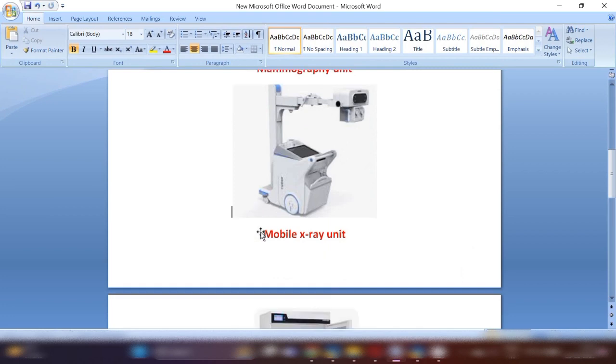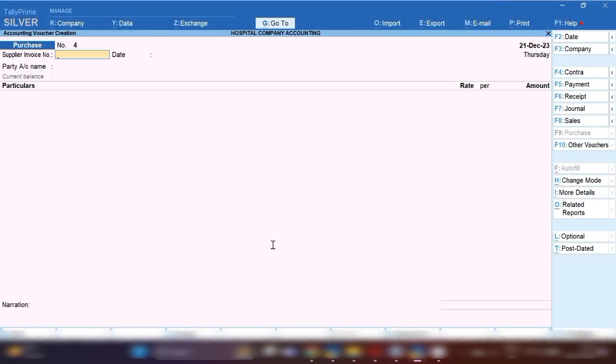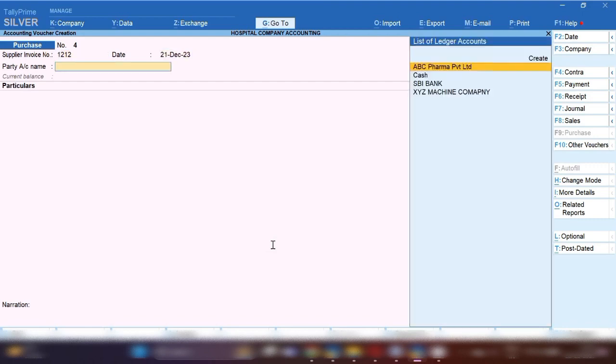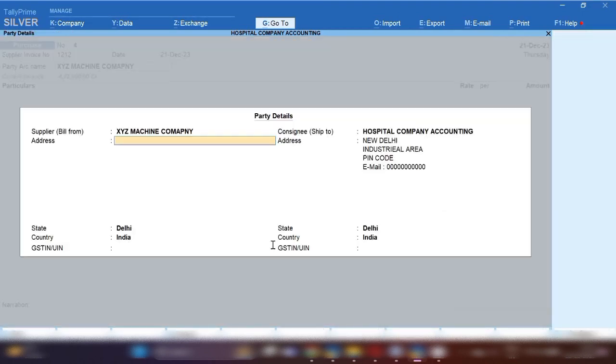The next machine is a mobile X-ray unit. You would also have seen this machine in hospitals. This is again a fixed asset for hospitals. So again we are going to purchase in the same purchase voucher: supplier's invoice number field, date, and you have to select the party account, your supplier's name,